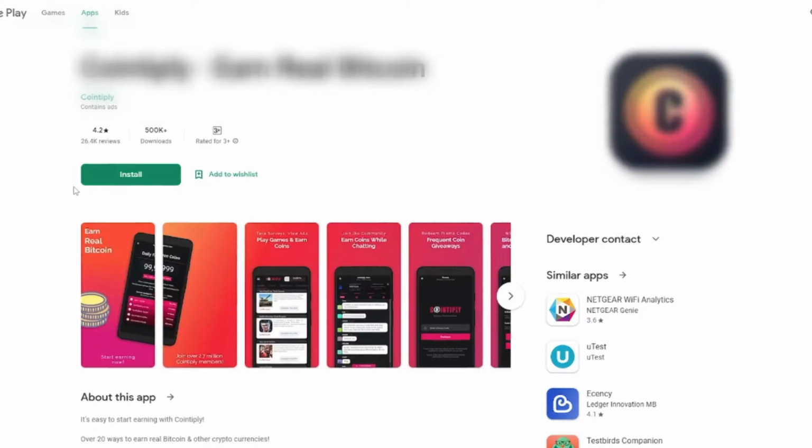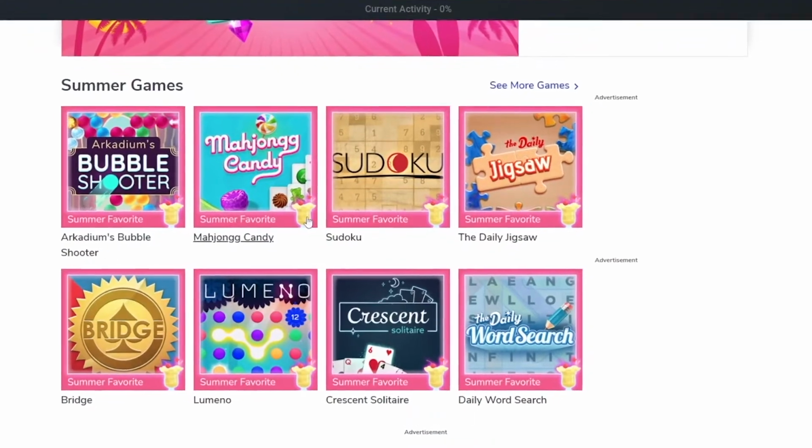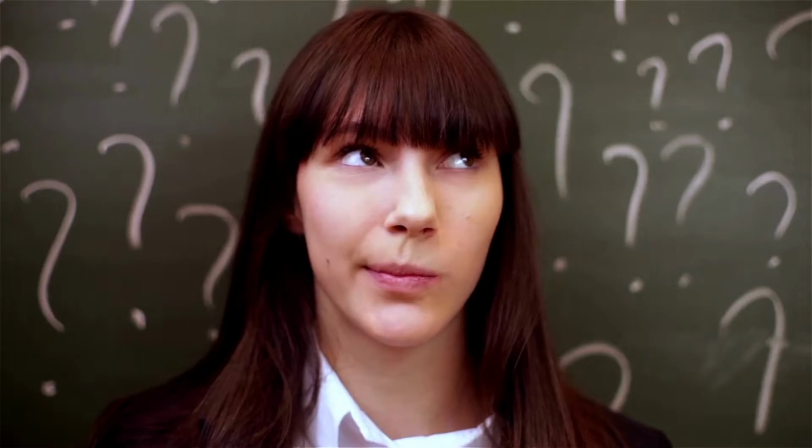Step 1. Download this app to earn money playing games. Step 2. Play any game you like. Step 3. Make money. The name of this app is...